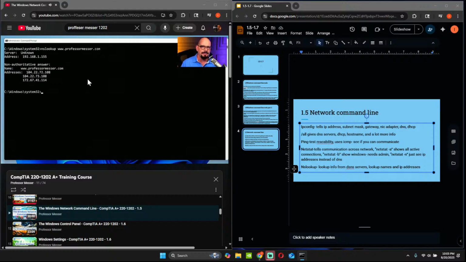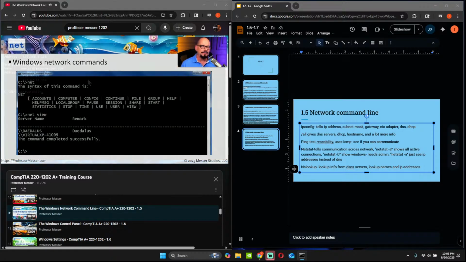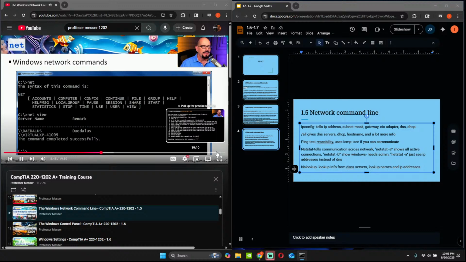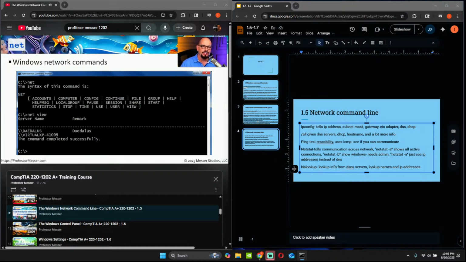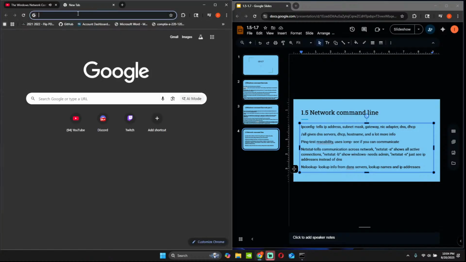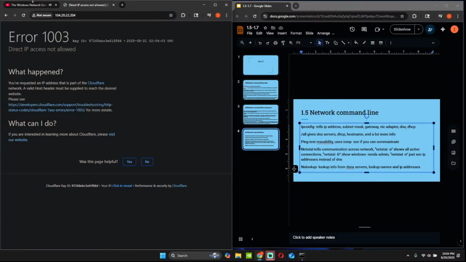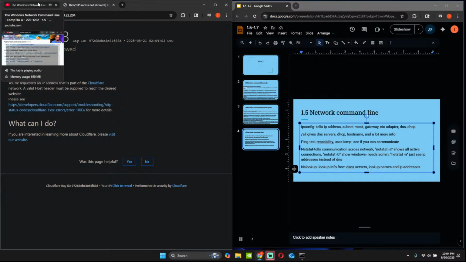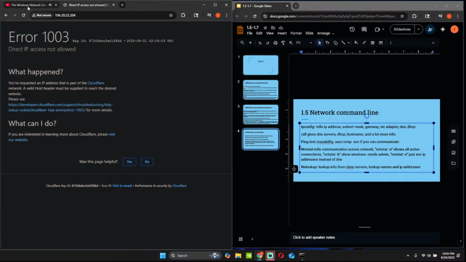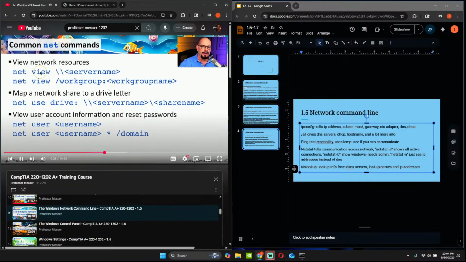Many of the commands that we've done so far are very specific to TCP/IP, but there are some commands we can run that give us information about the Windows operating system and how it connects to other devices. The command that we would commonly use for this is the net command, or NET. There are a few net commands you should be aware of. One is the net view command that shows us what shares might be